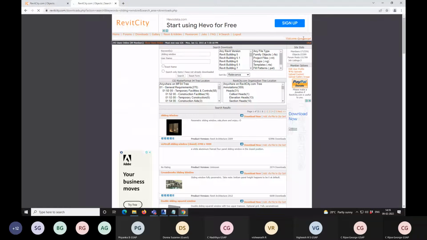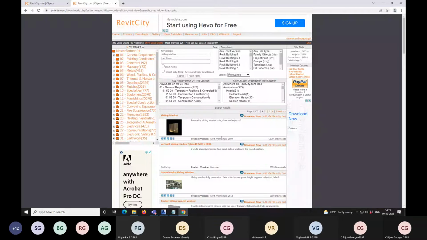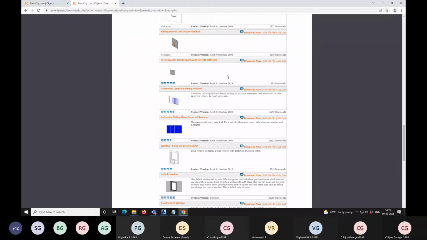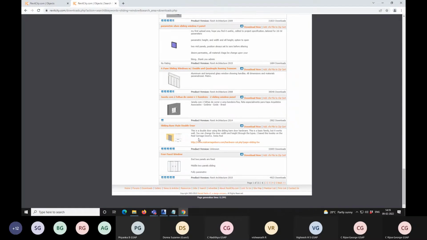So it says welcome automatically because I have. So it shows you the version also. If you see here, there is a version. If you are having 2014 and if you download this, it will not work. However, if you are having 2014 but you are downloading 2008 version, it will work. Lower versions will work in higher versions. It's a simple rule. So here you have these collapsible doors, sliding doors,